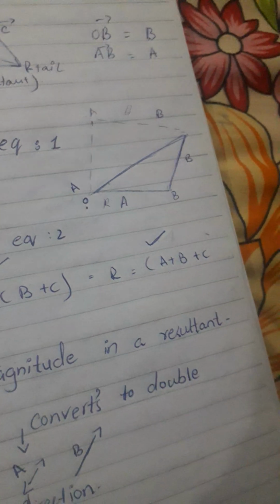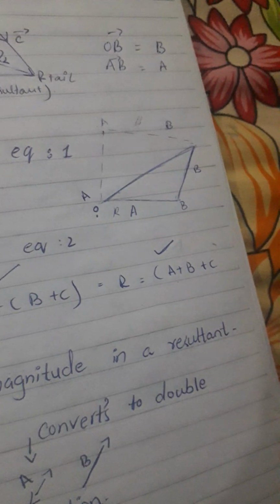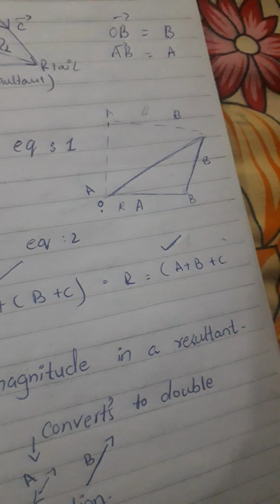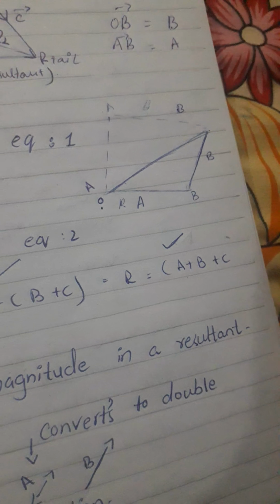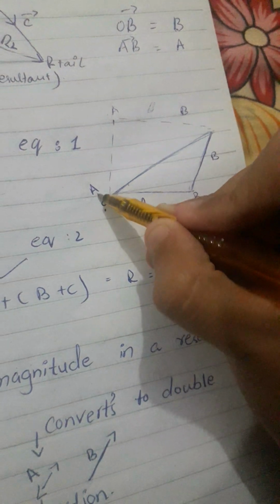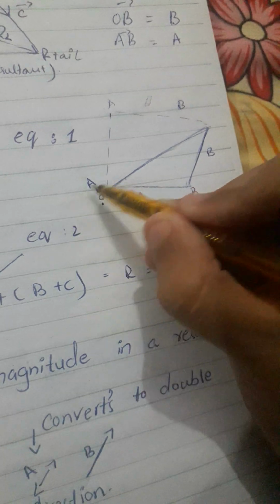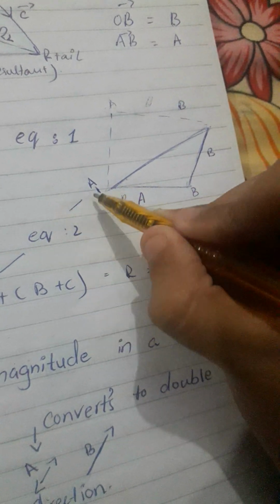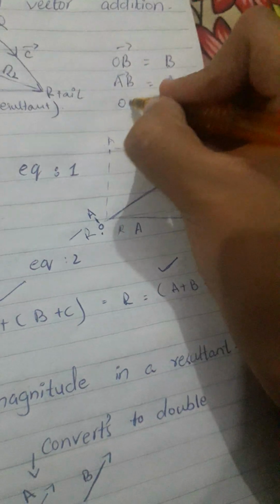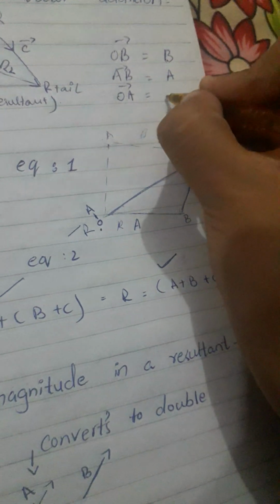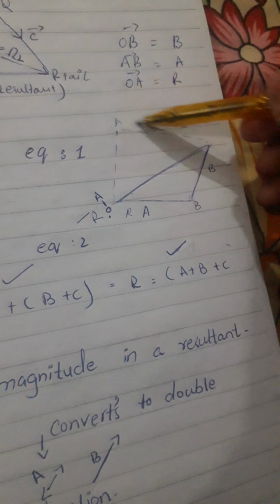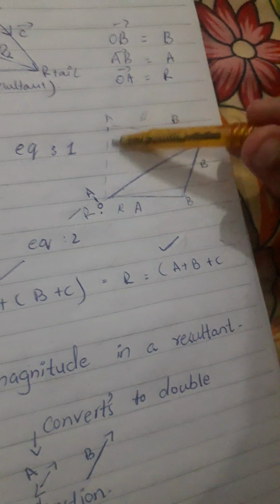What is a resultant? I just explained it right before. A resultant is when a point is needed and a line is added. The added line is known as a resultant. There are only two points available here, meanwhile we need a line here. The line that will be added here is known as a resultant. So O to A will be known as a resultant. That was all about our first diagram.